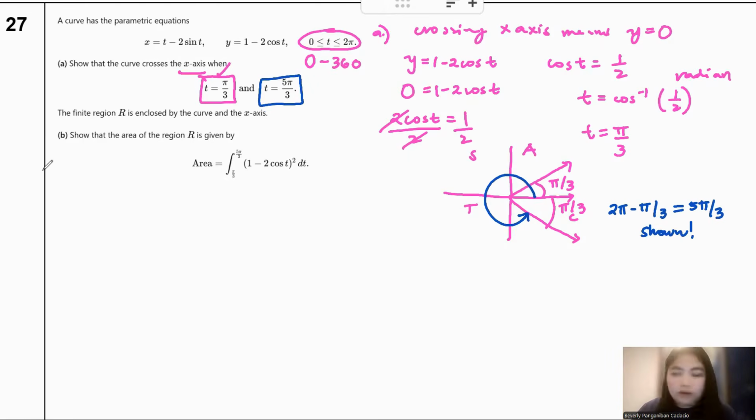Okay, now let's go with letter B. Actually, at first, there are some students who will be confused and think they're going to get the area and so on. No, you must have the answer like this at the end. If you already see this one, then that's it. You already showed it. But how? Basically, you already showed that your limits are those, which I can already give considerations on.